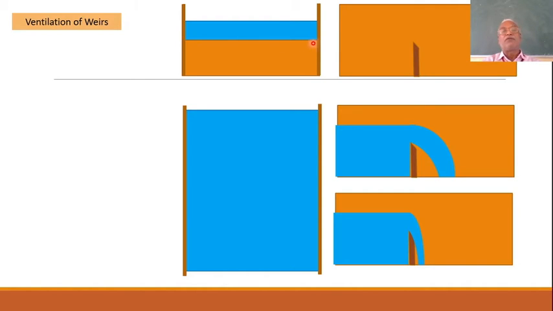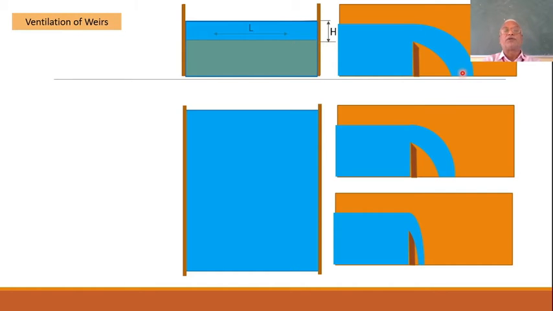The total width has a weir or a crest. Earlier the length was L, now the length becomes B, and H is the same H. Now if I allow the water to come, when the discharge comes,